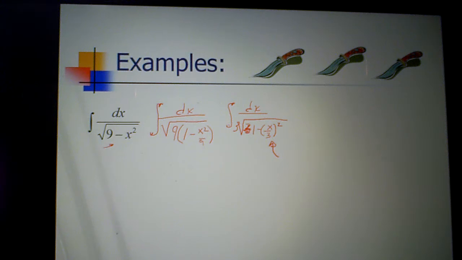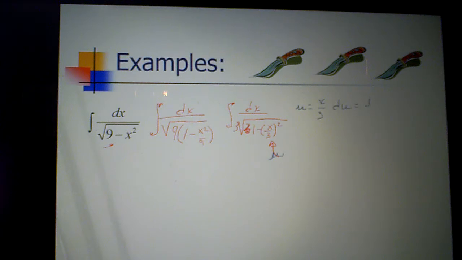To do that, change my color, and if I make u equal to x over 3,